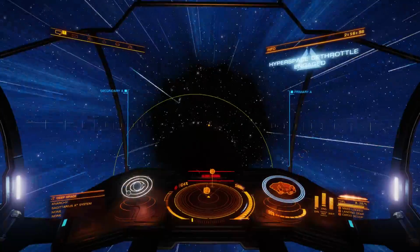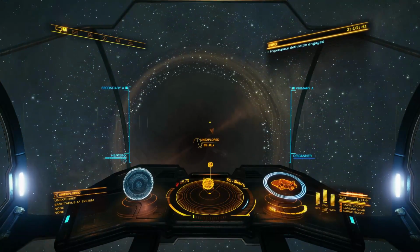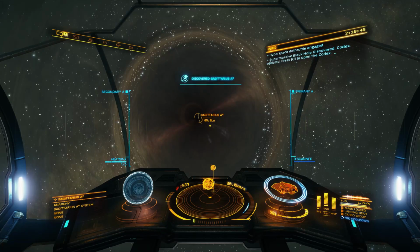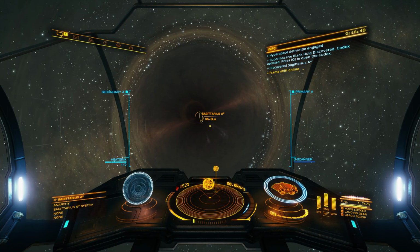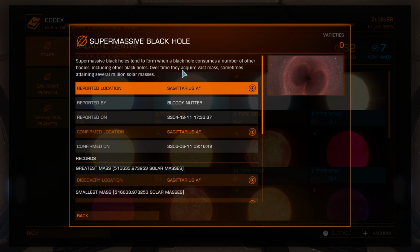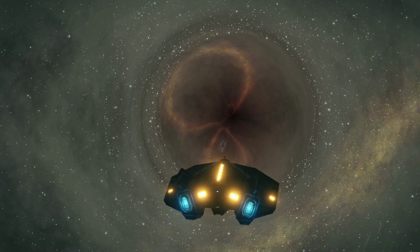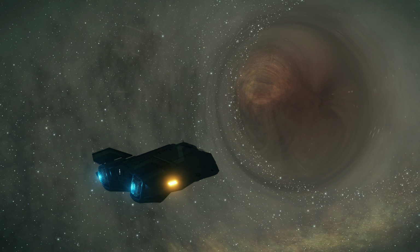Sagittarius A star, the supermassive black hole at the centre of the galaxy, we have arrived, and there it is. We are holding steady at a distance of 65 light seconds, which is 0.13 astronomical units, and an astronomical unit is the average distance from the Earth to the Sun, so just over a tenth of the distance from the Earth to the Sun. It has a diameter of 60 million kilometers, which makes it 15 times the size of the Sun, but a mass